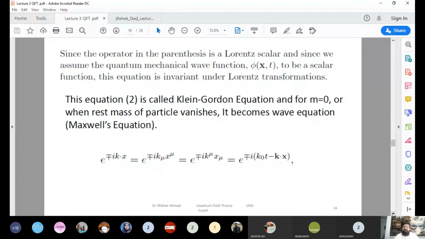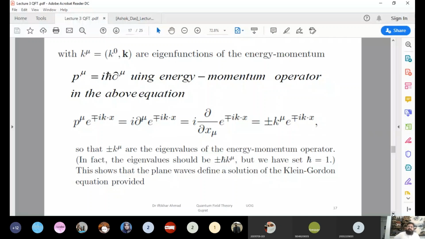It means that you can take the product of these two vectors, with k^mu equal to (k_0, k). K_0 is the time component, and capital K means that the vector in the spatial component